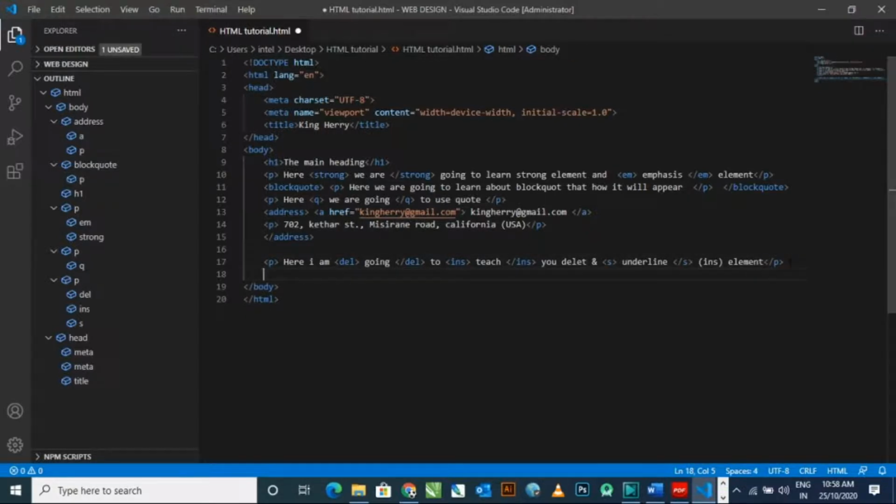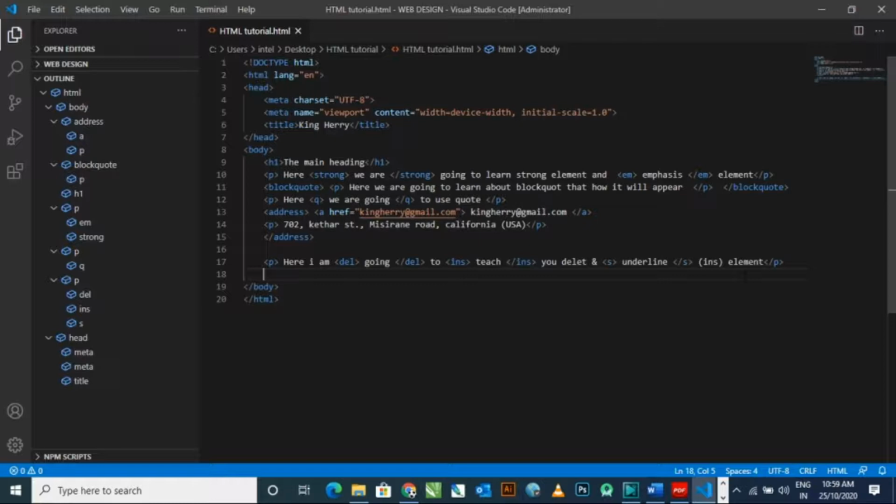And here I'm going to use the unordered list and ordered list. You have a lot of confusion about that. The unordered list simply looks like this: you type ul, then after that you type a sentence, then close the ul, then below that sentence you type li, then the word, then closing the li.